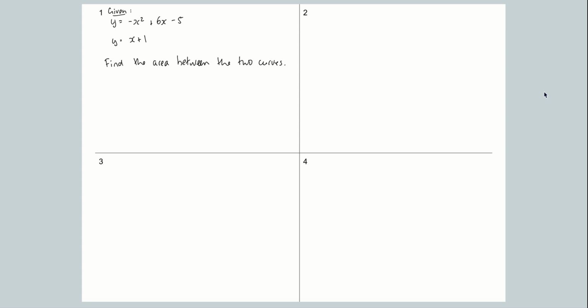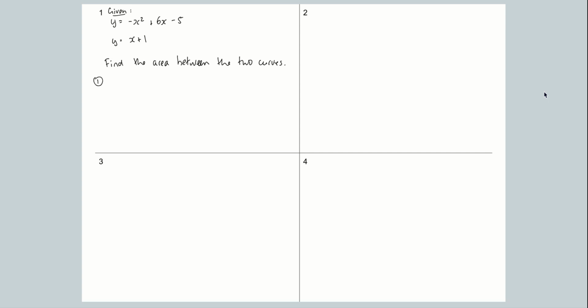But we start the same way. We start by visualizing it, which is probably the best way to look at it first, which means doing a quick sketch of both of those functions so that we can get a sense of what it looks like and going from there. So let's start off with the first function there, which is the same as the last example,